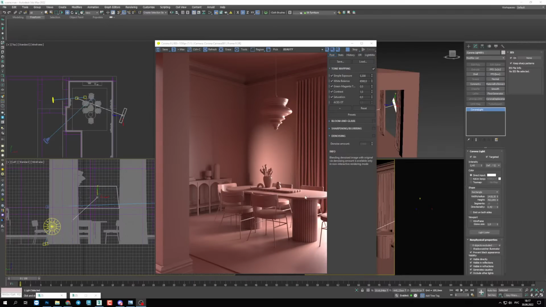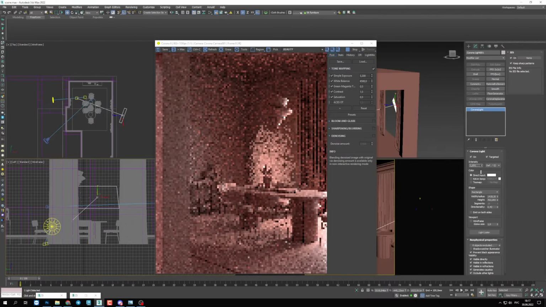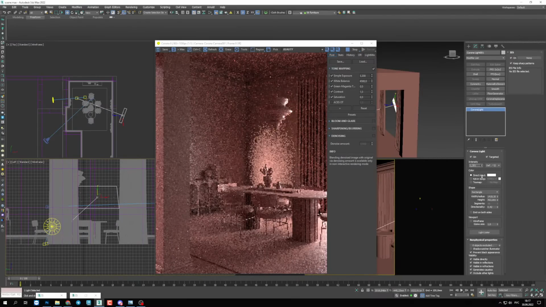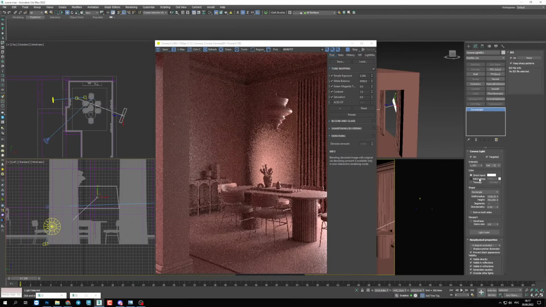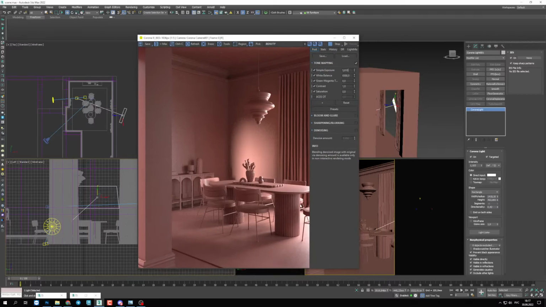So let's get back to our lighting. What we can do? So intensity lower. Perfecto, good. Okay, looks good, but probably we need to increase intensity more. What else we can do? We can decrease our highlight. So in this area it's a lot of light, so I will add